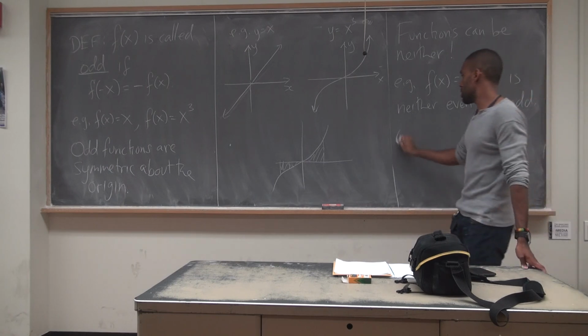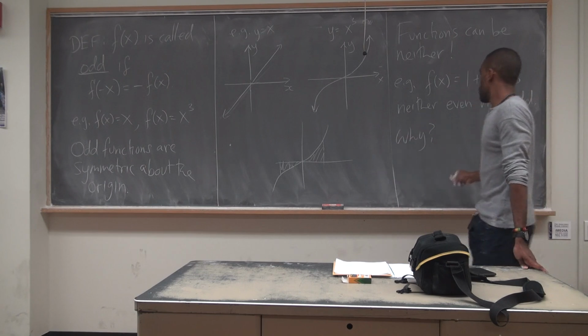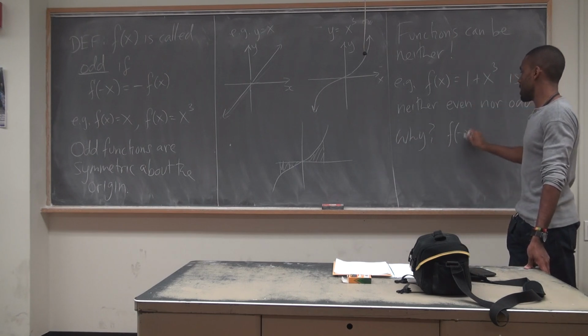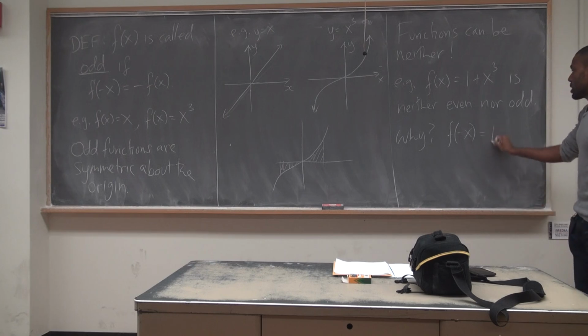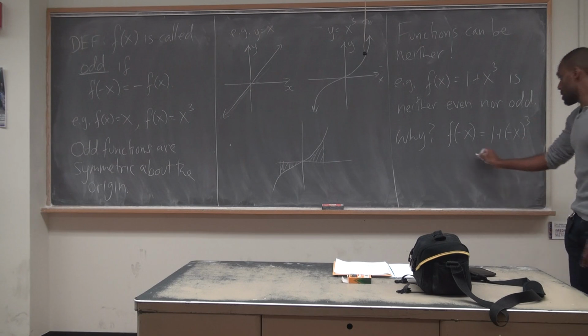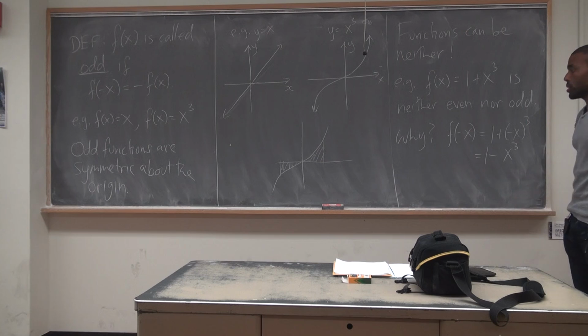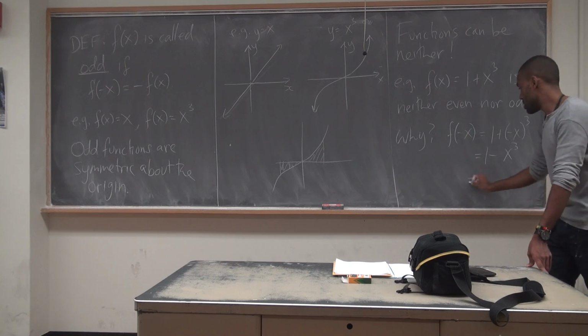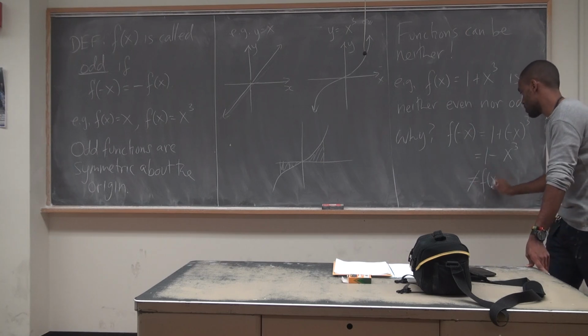Right? Why? Well, what happens if I take f of negative x? Well, that just means I get 1 plus negative x cubed. Well, that just means I get 1 minus x cubed. Right? Now, this is not the same as the original function,